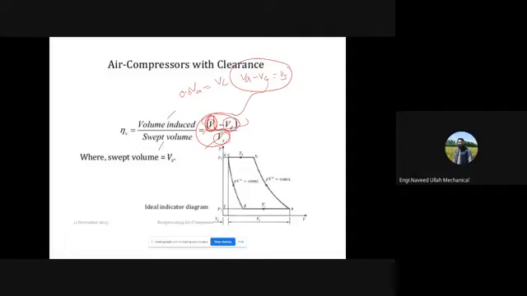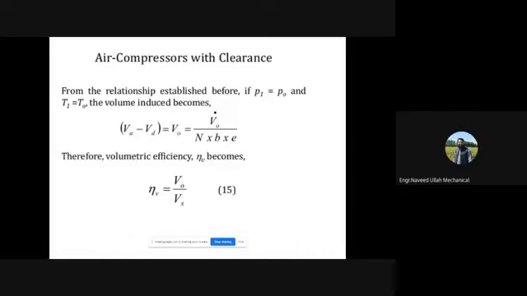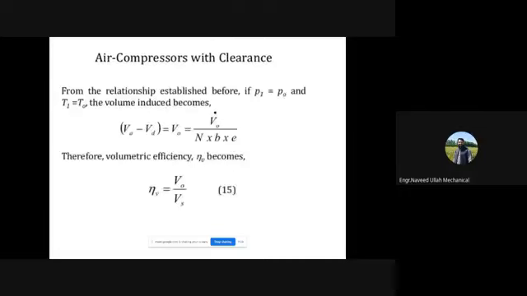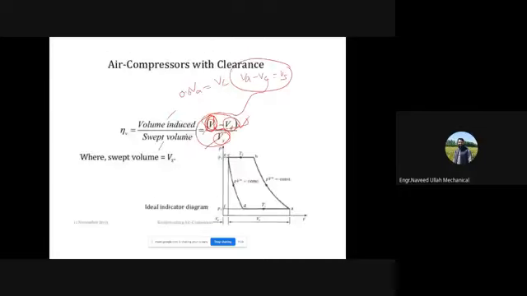VD को फाइंड आउट करना जो है ना थोड़ा सा मुश्किल होता है, तो इसलिए मेरे ख्याल में आगे जो है ना इसने क्या किया है, ये VD को किसी और टर्म में जो है ना इसको लेके आया है, ठीक है, तो वो चीज़ जो है ना बहरहाल आप देख लें। सो यू कैन यूज रेडिली दिस फार्मूला टू फाइंड आउट द वॉल्यूमेट्रिक एफिशिएंसी, लेकिन मैंने आपको बताया कि VA इज इजी टू फाइंड, VS ये भी आप कैलकुलेट कर सकते हैं, VD जो है ना ये इसको कैलकुलेट करना थोड़ा सा डिफिकल्ट होता है, द वॉल्यूम, द वैल्यू ऑफ द वॉल्यूम हेयर, इसलिए जो है ना आगे जाके इसको